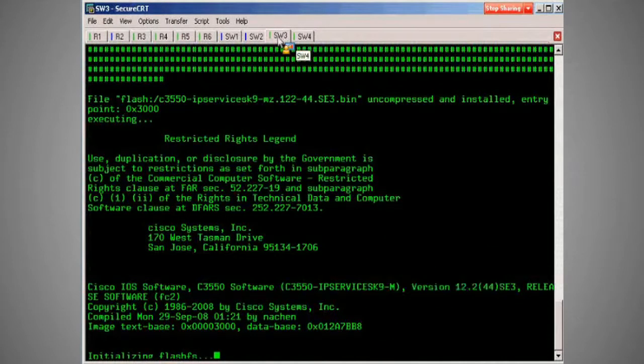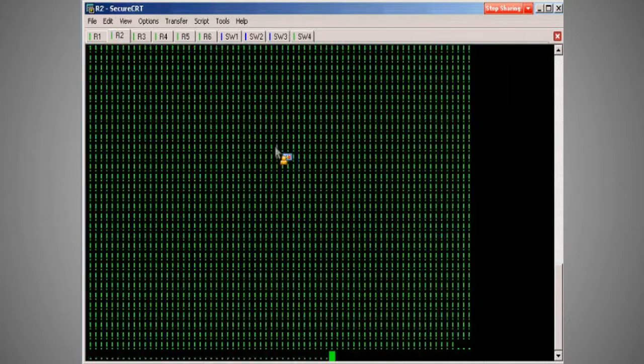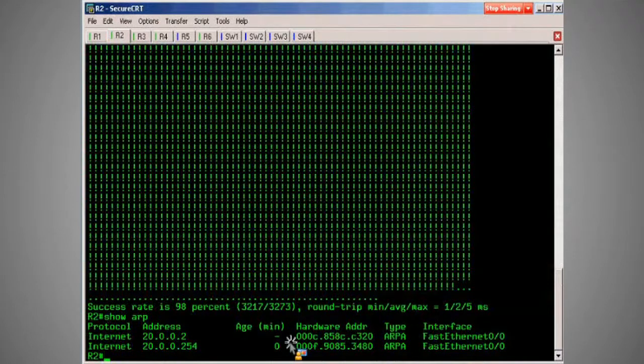So now while switch 3 is reloading, we should be able to regain connectivity by using this new router that's on the segment. Now what we will see here on router 2 is that even though there's a new layer 3 device in the network, which is switch 4, switch 4 is viable for routing this segment, router 2's packets are still failing because when we look at the ARP cache, router 2 still has it cached in here that this is the MAC address of switch 3. So until the ARP cache